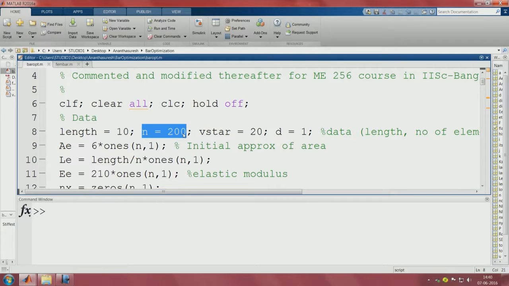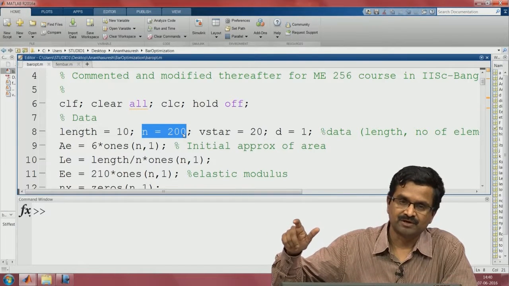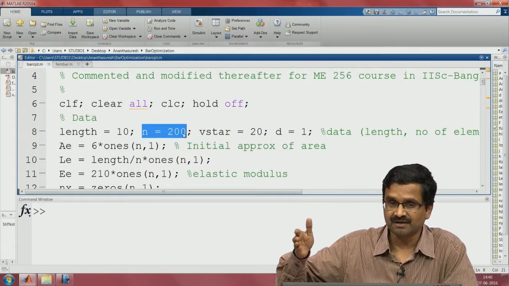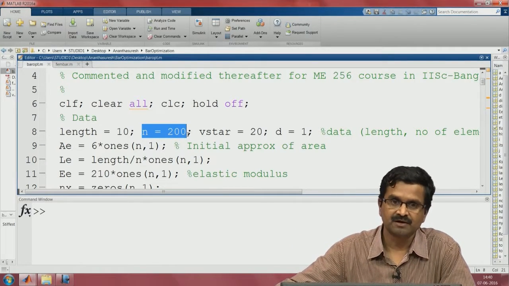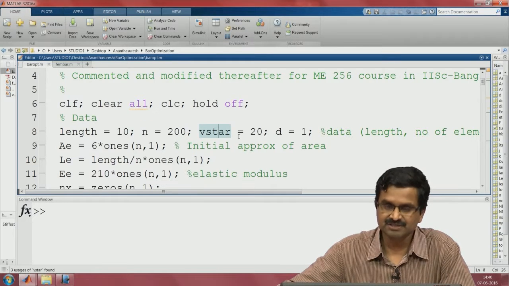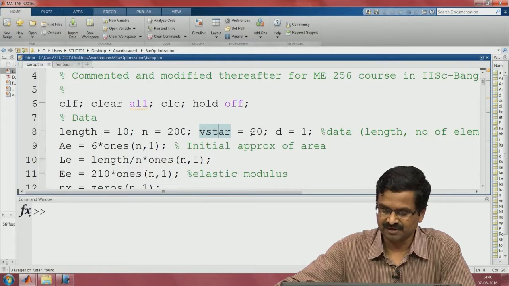Let us remember that whenever we do structure optimization in a computer, we do not do analytical, we do it in a discretized way. That is, we have broken the bar into 200 parts and trying to make the area of cross section of each of these barlets or bar elements to be different from one another. That is what we are doing. Even though a continuous function a of x we got, when you do it in the computer, you discretize and do it. That refers to number of discretizations, and V star is our volume that we are taking 20 units here,